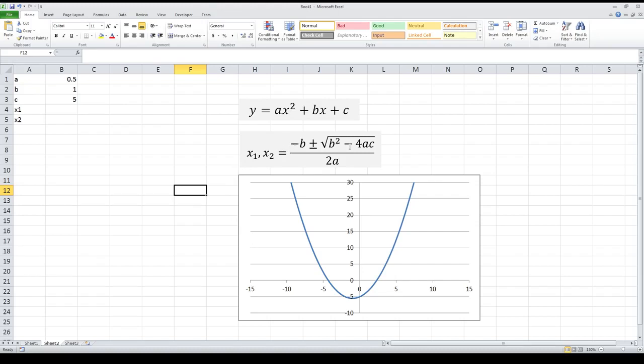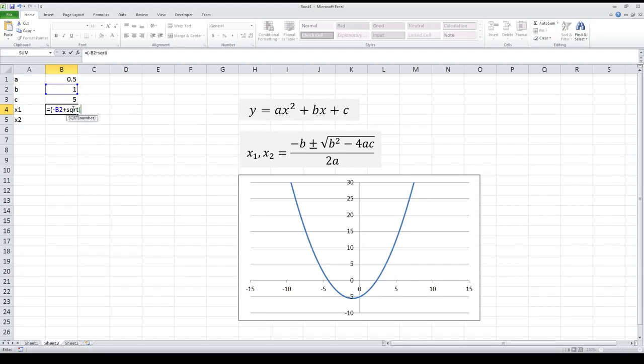So going through this equation, we've got minus b plus or minus, so 1 for plus, 1 for minus, that's why we have two answers. Plus or minus the square root of b squared minus 4ac, and all of that is over 2a. So for x1, I'm going to have the positive version, so I'll start with an equal sign. I've got to put a bracket in because everything on the top row is divided by 2a. So we've got minus b, so cell b2 is our b value, plus the square root,